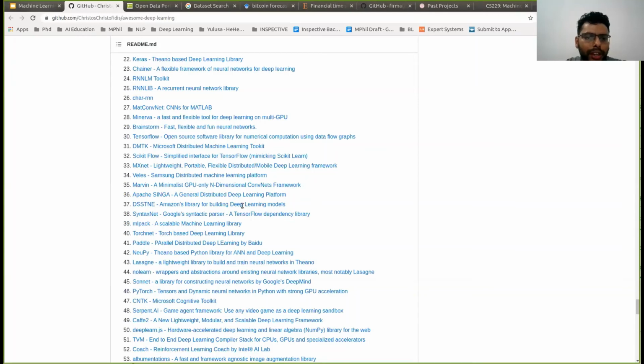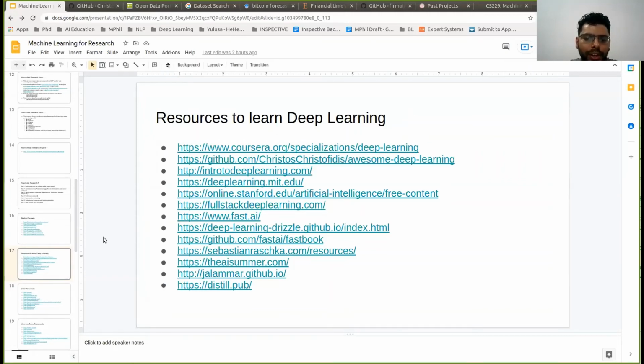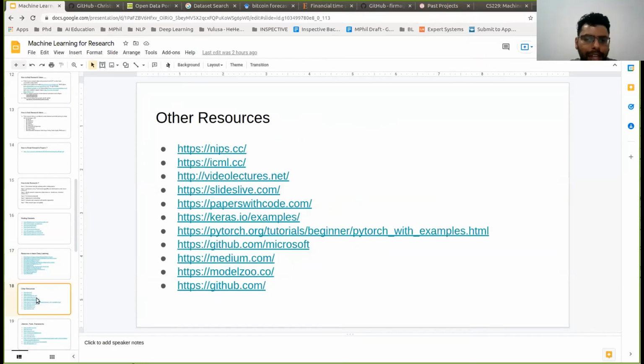Right, so there are other resources that you can explore, and then get to know more about deep learning and its related concepts. So if in your research project you're going to use deep learning, and if you want to know more about concepts, you can go to them, or you can search more on the internet and Google as well. And then there are some other resources. In AI, there are very top-rated conferences. There are multiple top-rated conferences.